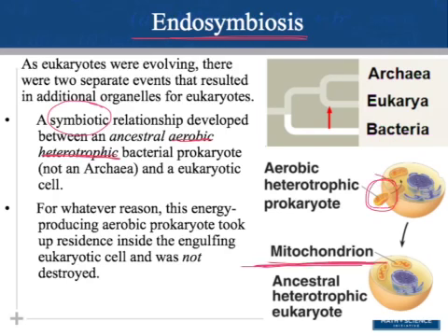You can see it here. So originally, the mitochondria is thought to have been an aerobic heterotroph, so that means it could use the oxygen that was in the atmosphere. It's producing that ATP. So an aerobic heterotrophic prokaryote that this larger developing eukarya took in. And eventually over time, the two were unable to live separately. And so when it went inside the original larger eukaryote cell, it was not destroyed, and their